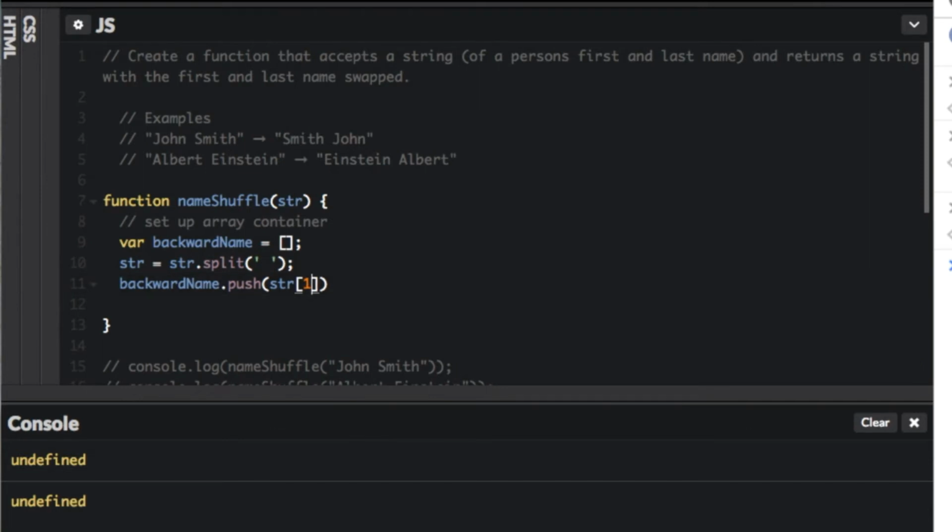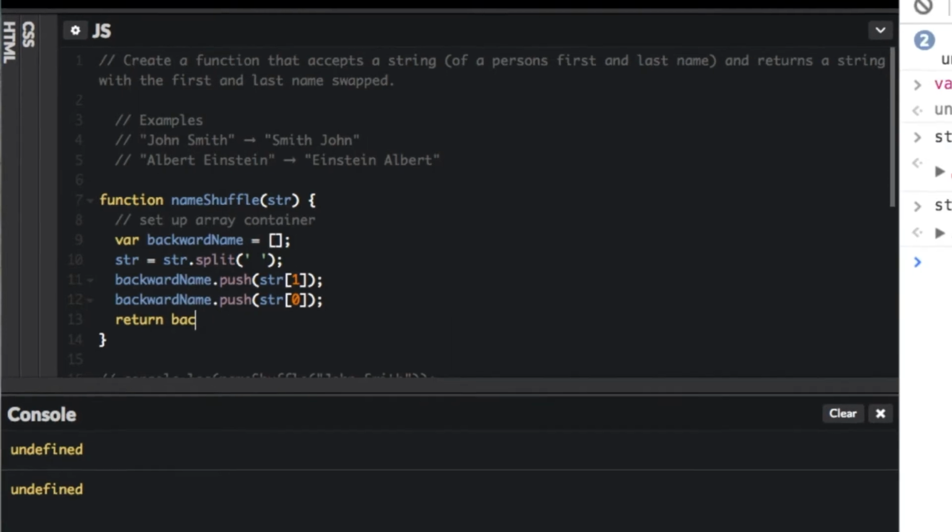Index 1 would be the second item in the array, and index 0 is the first item in the array. The second thing we want to do is push that first item into the second spot, so backwardName.push, and we'll give it the value of string at index 0. Now we'll return our backwardName